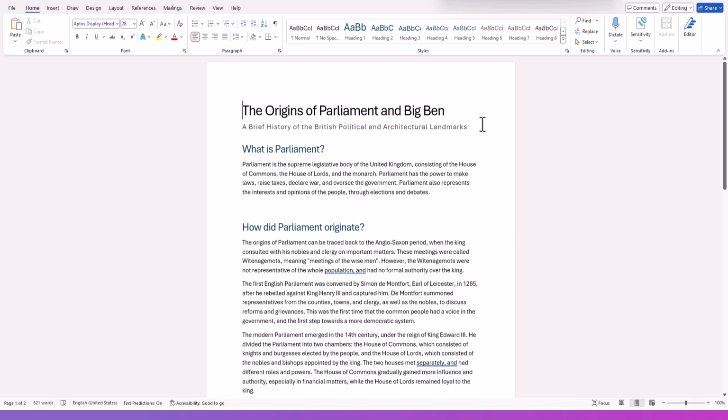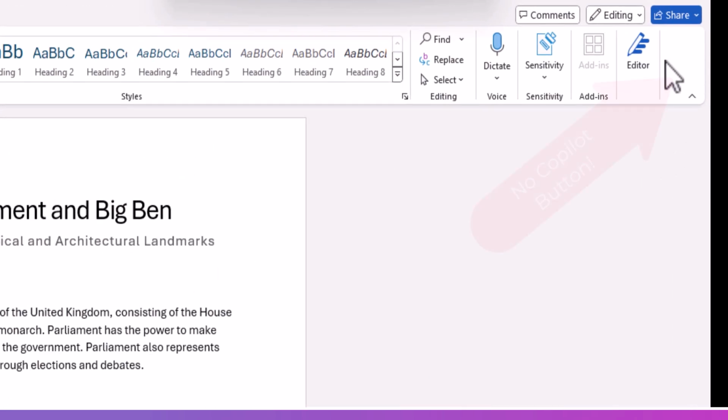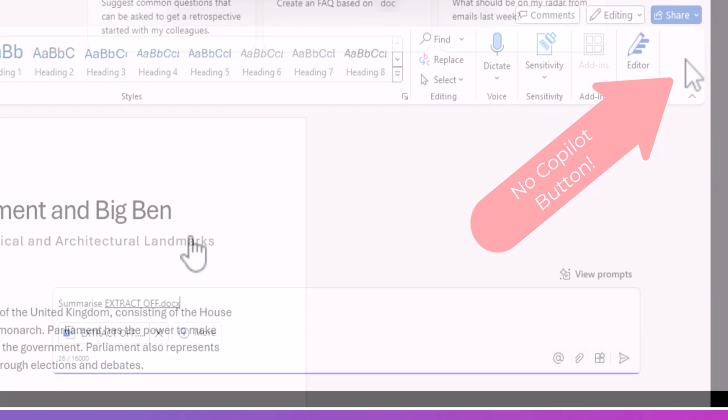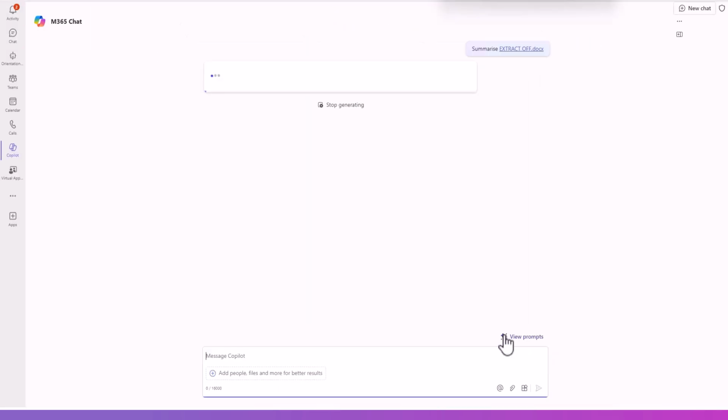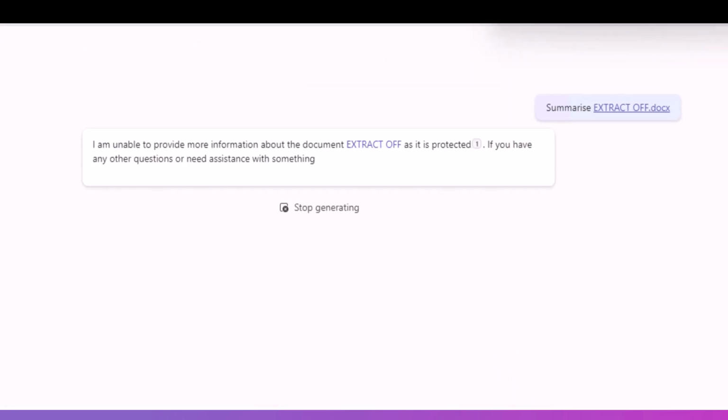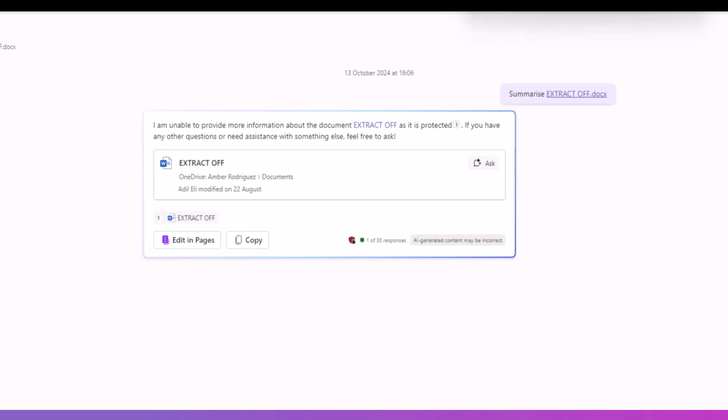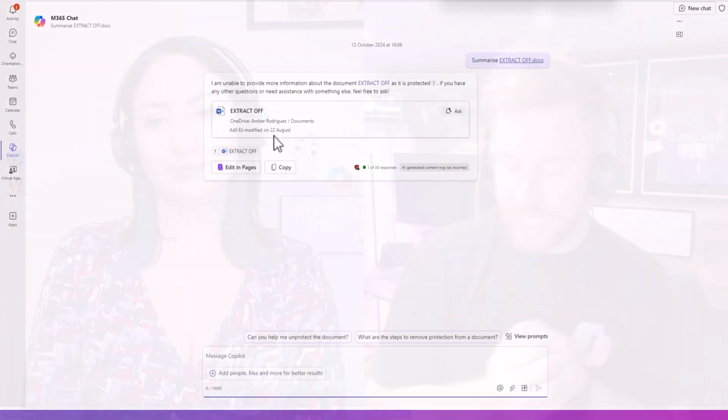But Copilot also uses that same permission to extract information from documents. So the downside is that if you open up a labeled document with the extract rights removed, if you right click, you won't be able to see cut and copy. But also, you'll notice that the Copilot button has completely disappeared as well. So this will also work outside the document. So if I was to reference the file directly or indirectly through the indexing, Copilot won't be able to retrieve that information. When you're in the body of the application, though, there is a bit of a gotcha in that